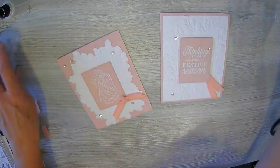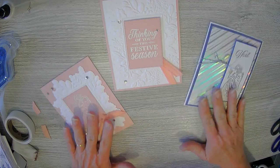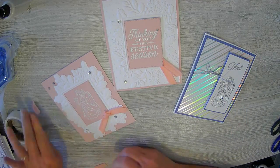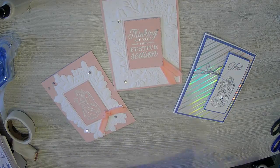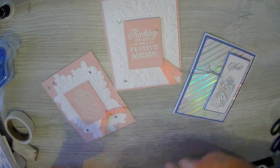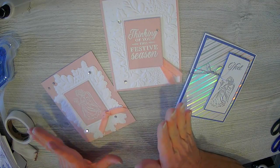So we have 2, 3, and 1. The pink ones are made with the Blushing Bride, and they are just so soft. They're just, I don't know, they really talk to me. Maybe they don't talk to everybody, but you could definitely do this with any color that you